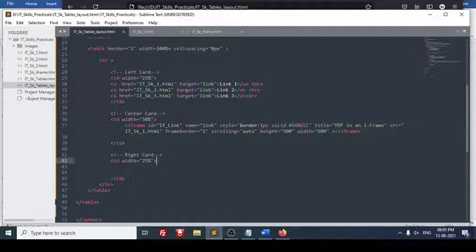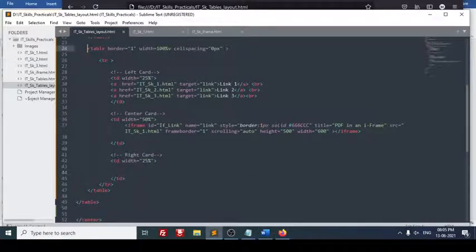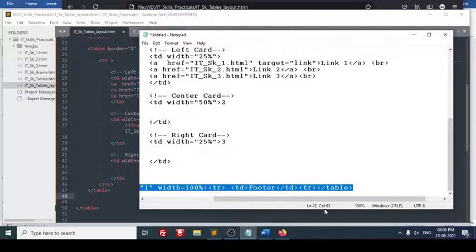I will leave this empty, the slide window. Now I will go for the footer part. So for the footer, I am adding one more table here. See, always do one thing: when you place the pointer here, it shows the marking. When you click on this, this is the marking, and this is called indentation. Always this table should be below that. When I click on this table row, you have to align it to see the code in a proper way. So one more table I will add here. I have already written that code to reduce the size of the video, otherwise it becomes very large.